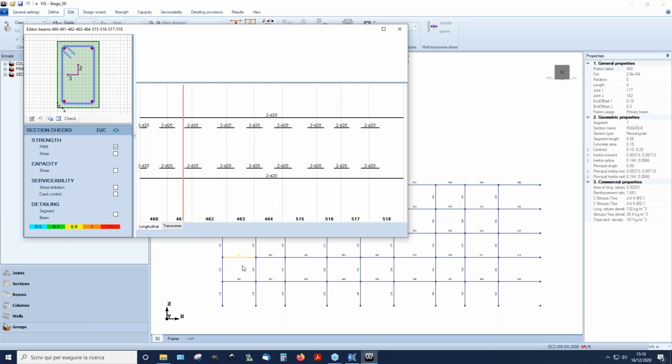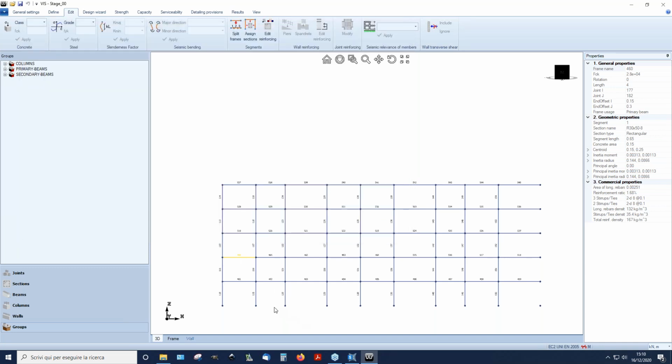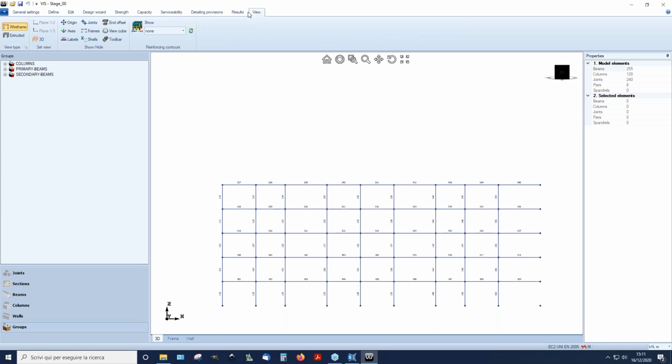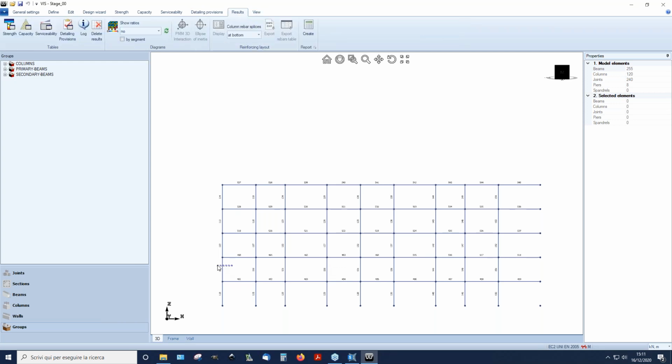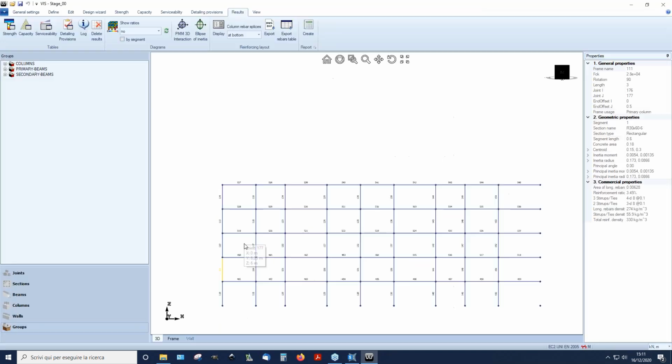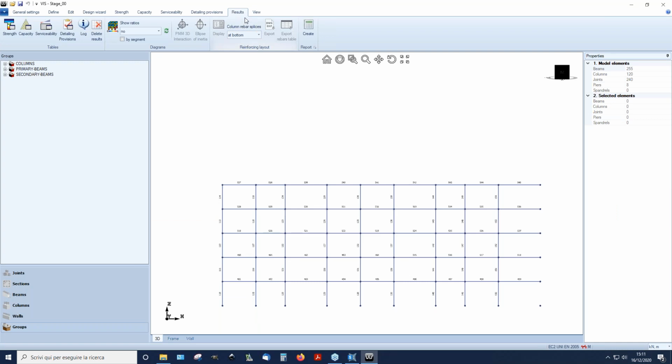for this row. Okay, this was a seismic beam only, no gravity loads on this internal beam, because as we saw before, the ribbed slab runs parallel to this beam. So these are basically seismic beams only. So we can take a look at the reinforcing using the color maps, using the reinforcing editors, but also selecting any elements and take a look at the reinforcing sketches that the program can give us. Okay, from the first look, we see that the reinforcing are inside the code maximum allowed, but we